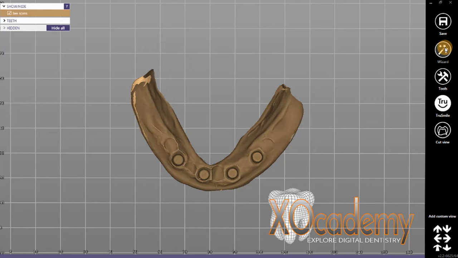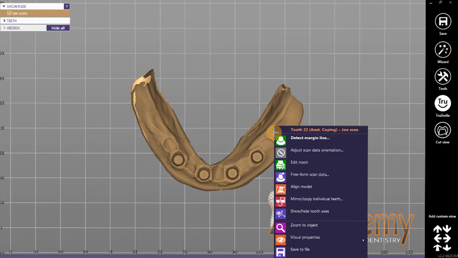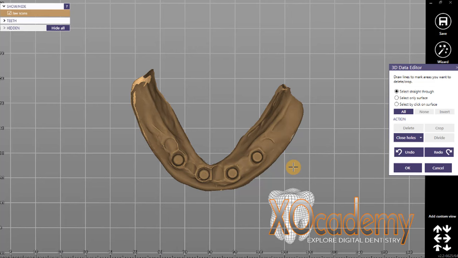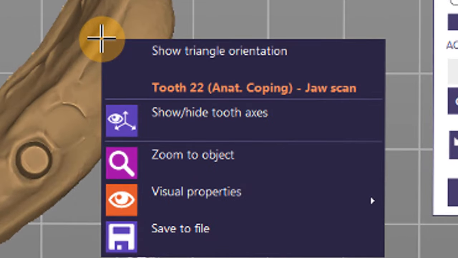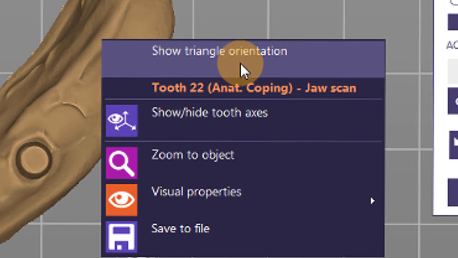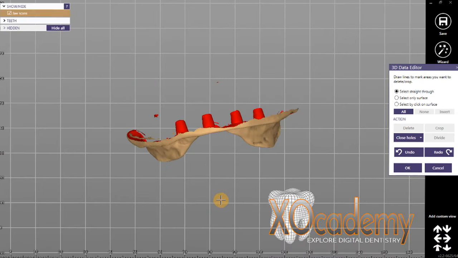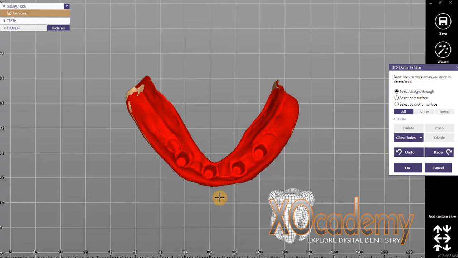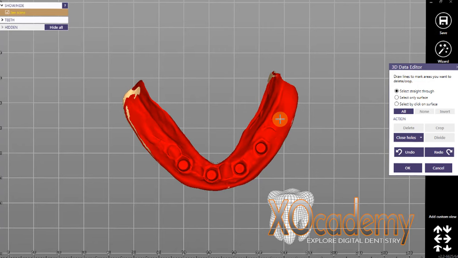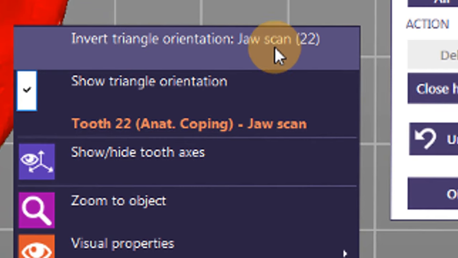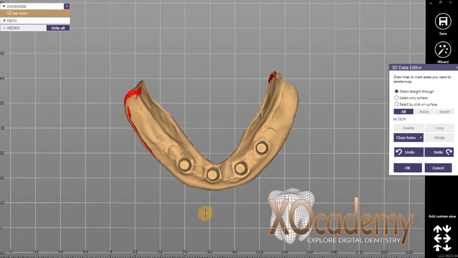I'm going to enter expert mode, right click on the surface, and edit mesh. When I right click on the surface again, you can see now I have another option, show triangle orientation. And you can see now the red and the beige get turned on. And I right click again on the surface, and now I have an option to invert triangle orientation. When I click that,